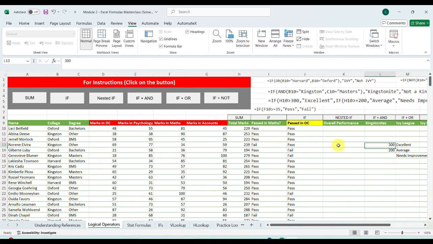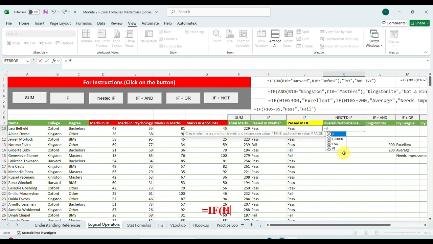So say this is the criteria, and we are going to use the nested IF on overall performance. So where is the overall performance? That is the sum, where we have counted the marks obtained in all 4 subjects. My dear friends, nested IF is nothing but the usage of the IF formula more than once. It's nested. So equal to IF.